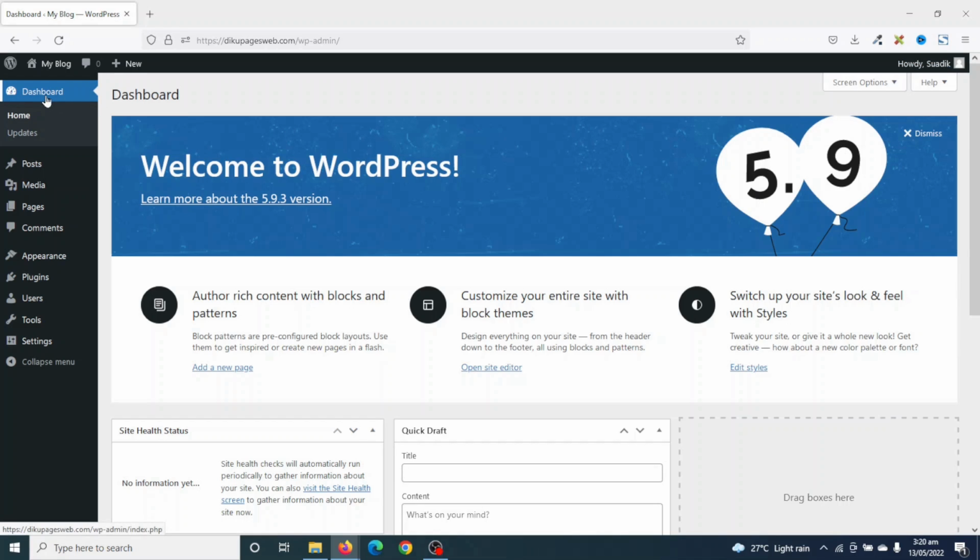Next is dashboard. When I click on this, it will just lead me back to this particular page. It doesn't really go to any other page other than this. Under it is home and updates. Home is the same as the dashboard. Next is updates. In future, when there are updates with regard to WordPress, this is where you see the notification. So when you see any number attached to updates, it means you have that many updates to be taken care